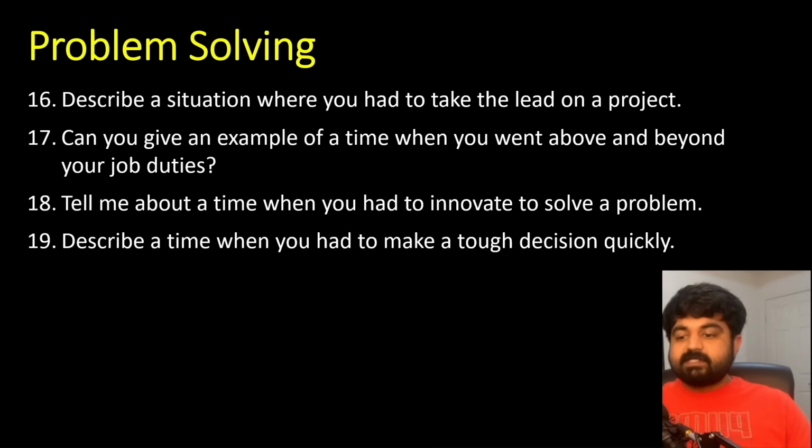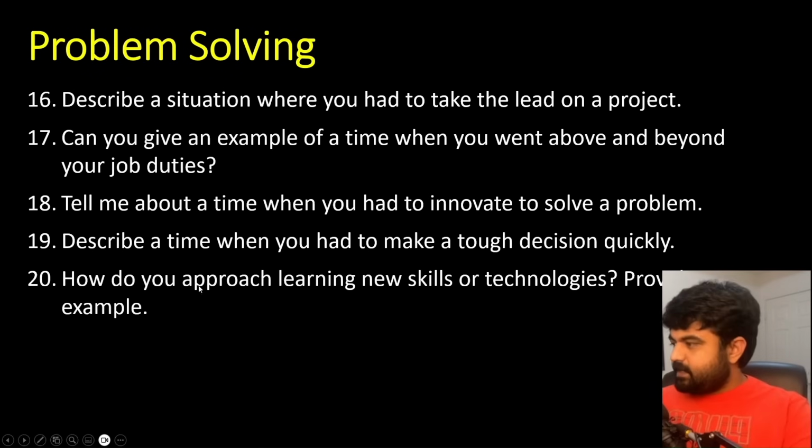Maybe there can be a tough decision where there is a severity one production issue going on, and you have to decide whether you are going to fix it right away, in which you might have to tweak some rules that your company has set up, or you are going to go through the complete path that is going to take maybe a couple of hours extra. So the solution would be there, but still for those couple of hours, the company is continuously losing money. So how do you make that decision? How do you do the calculated risk? What is your approach? How do you keep the overall team engaged? So think about these things and come up with your own answers.